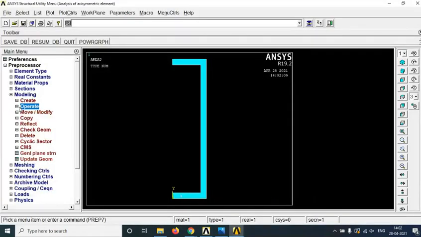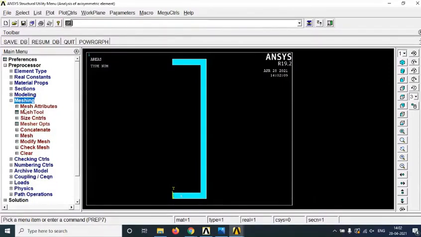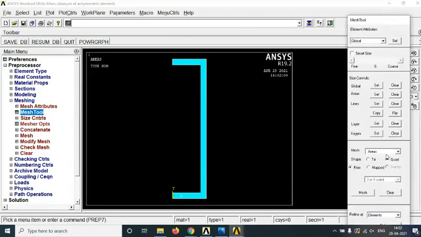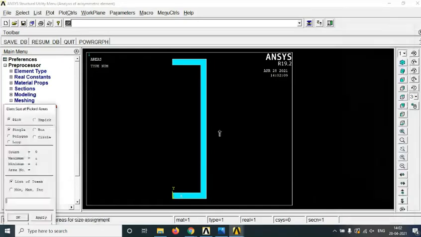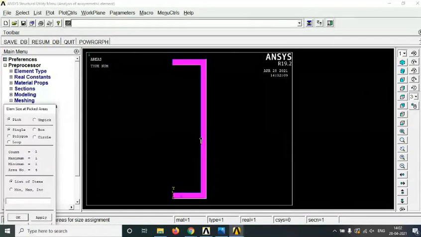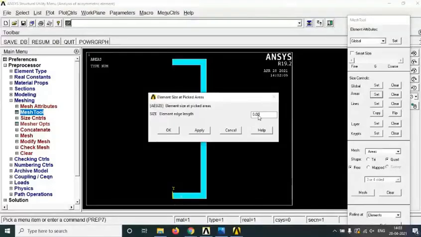Now what we need to do is go into the mesh. Now the area is created. Going into the mesh, you have to set based on which you have to do your mesh analysis. We will set as area. On basis of area, we will be doing the mesh, and this is the area. Element type, any one element type you can. For now, we'll be taking 0.002.